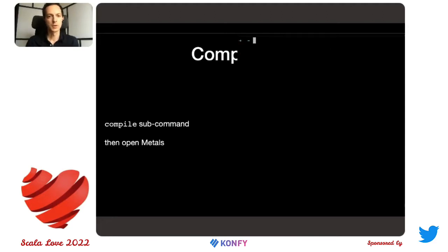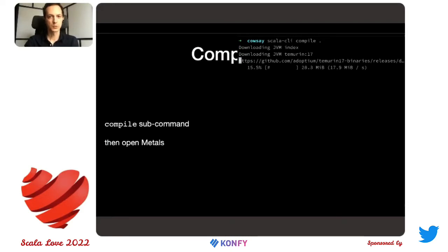Here I'm going to set up things in a very specific order. I'm going to create a directory for this project, create an empty file to start, and try to compile that file with Scala CLI. To compile things, we have the compile subcommand in Scala CLI. Let's run it. What is interesting here is that I'm running Scala CLI for the first time on this machine,